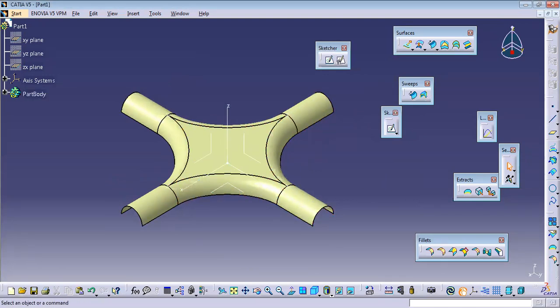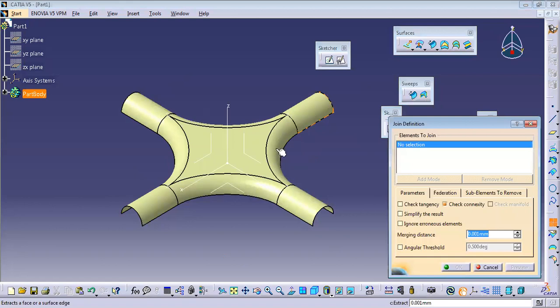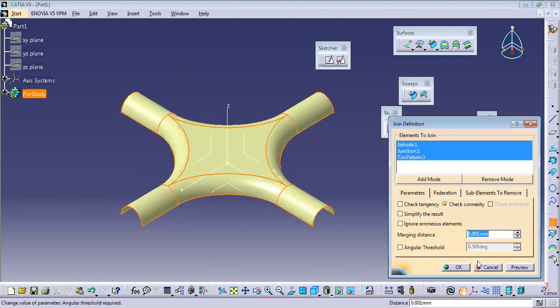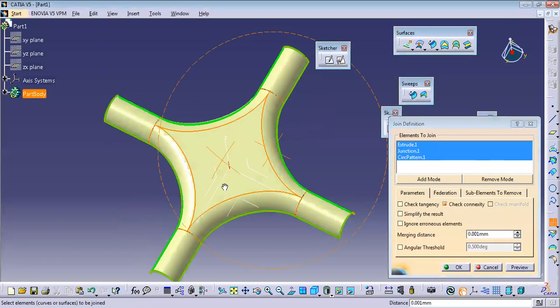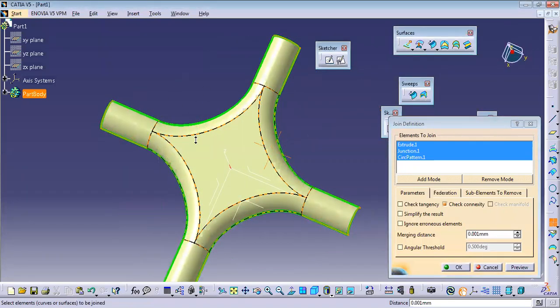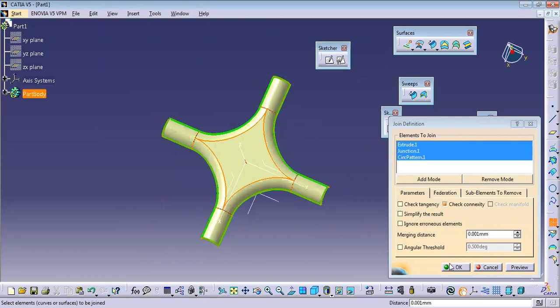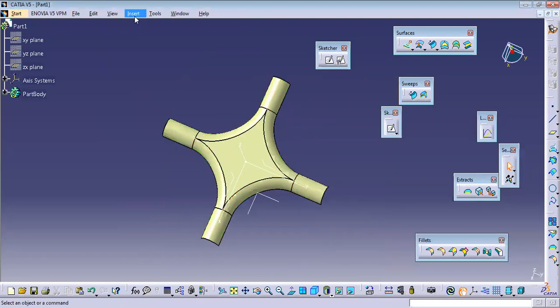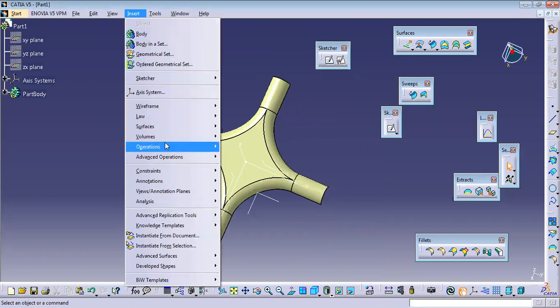So that's why what I'll do is I'll just join them like this. So 1, 2, and 3. So these 3 portions, if I say preview, you can notice a single outer boundary here. That indicates this full portion that we have done is completely joined. So once it is done, I can easily go with these operations.